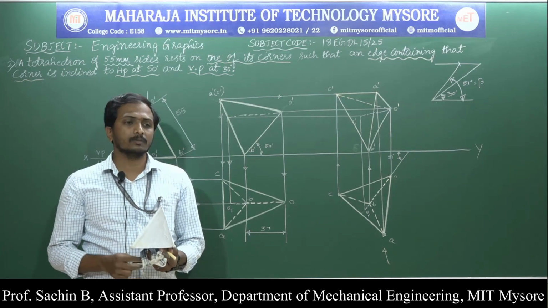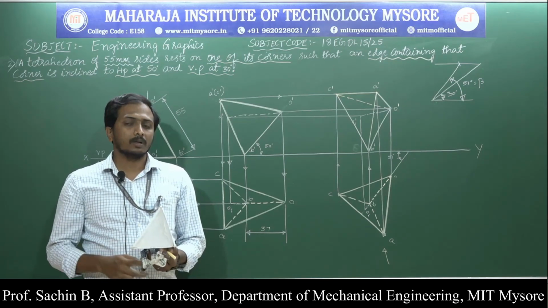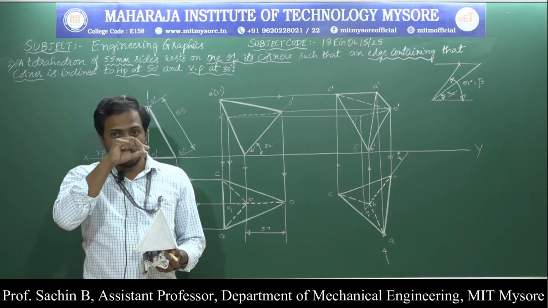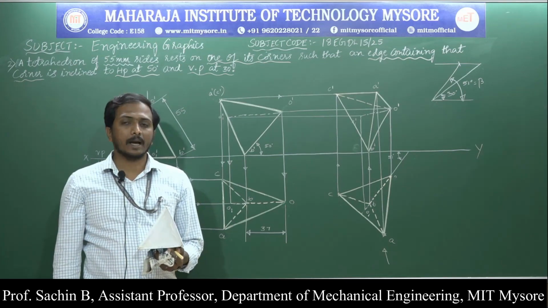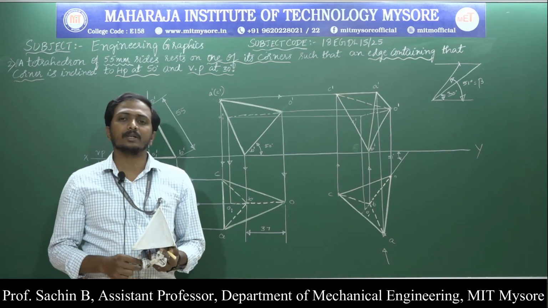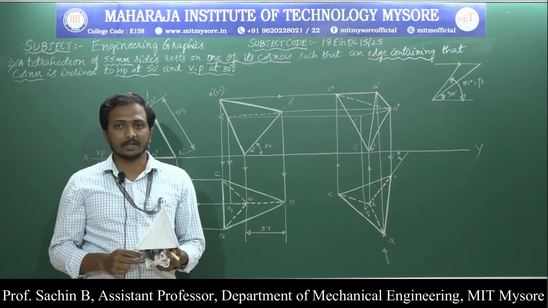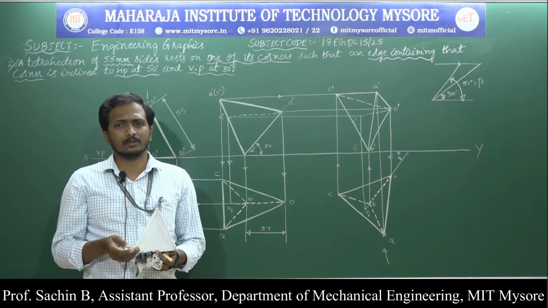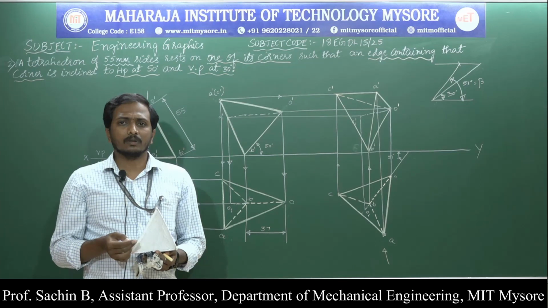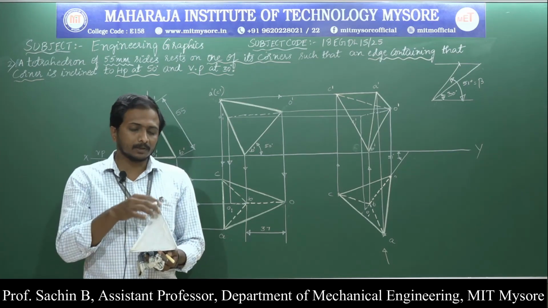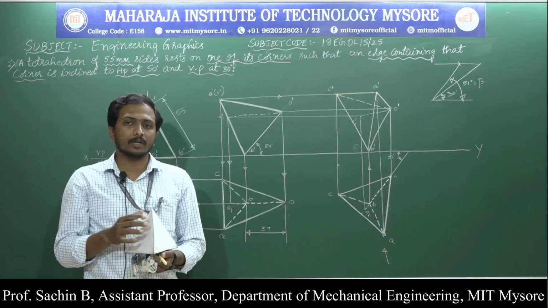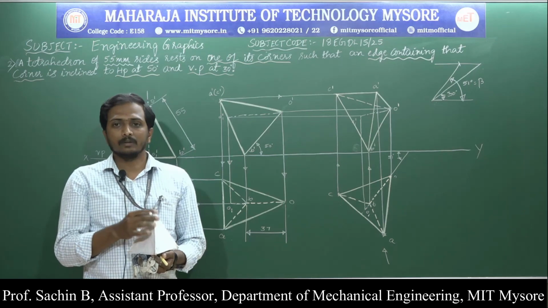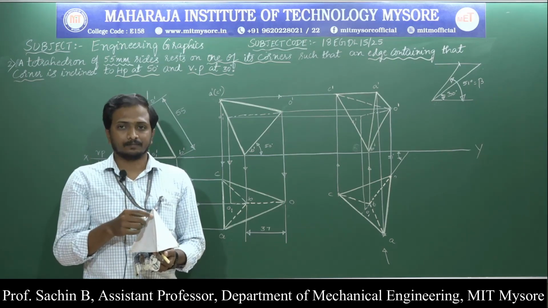Similarly, by changing the data, they will give problems on the tetrahedron and cube, and also on the cone. The cone problem will be similar to the triangular problems, but they will ask the condition that it is resting on one of its generators. According to the appearance of the object, the cone has a circular face and a conical face, but after drawing the 2D diagram, you will get it in the shape of a triangle.